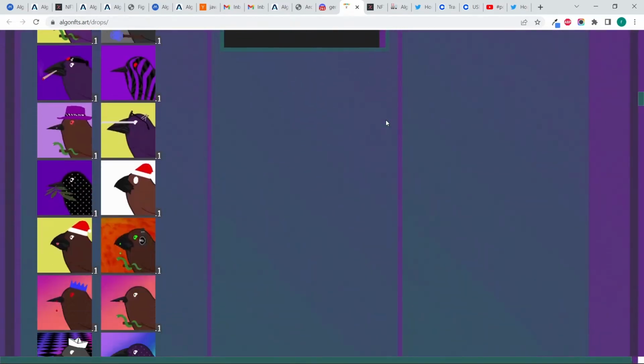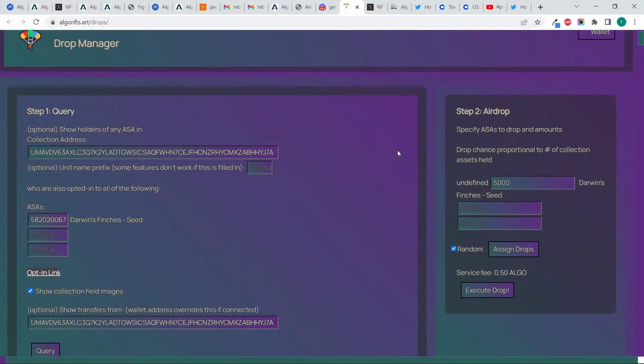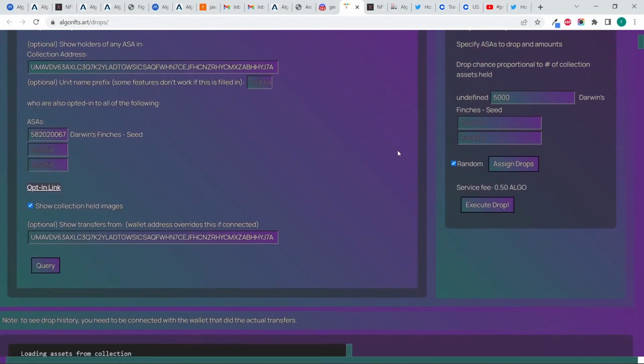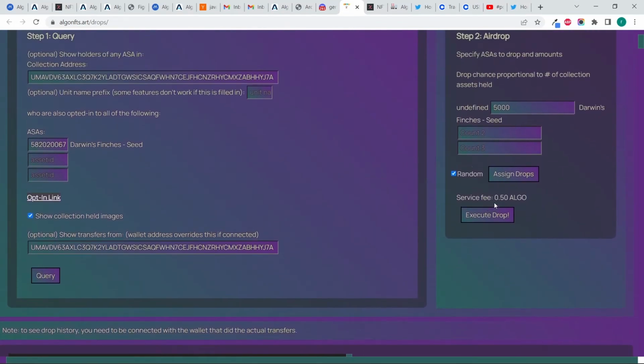So now you can go, and I'm not going to do it since I don't control these assets, but if you hit execute drop, it will quickly do a series of transactions and distribute those amounts. And this is the fee that it charges, 0.5 algo. So if I want to distribute 500, then